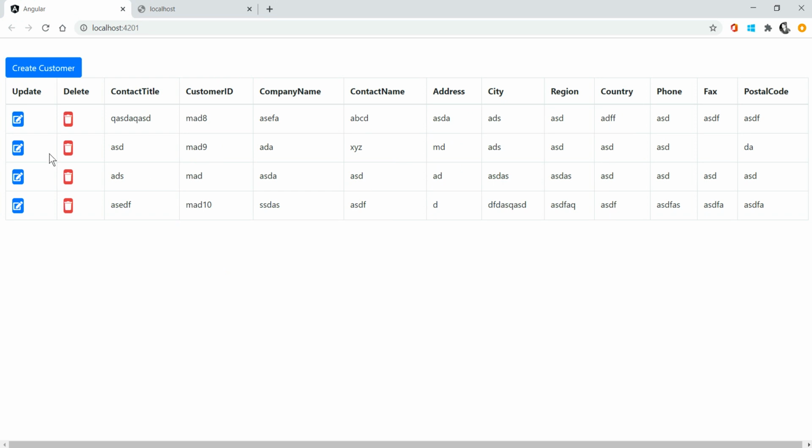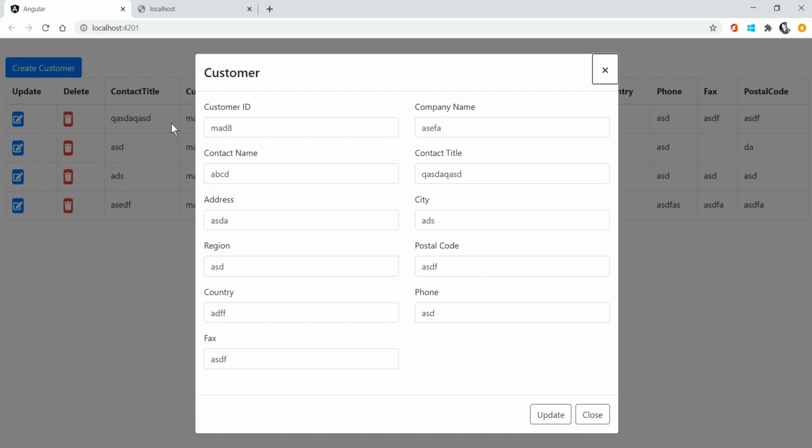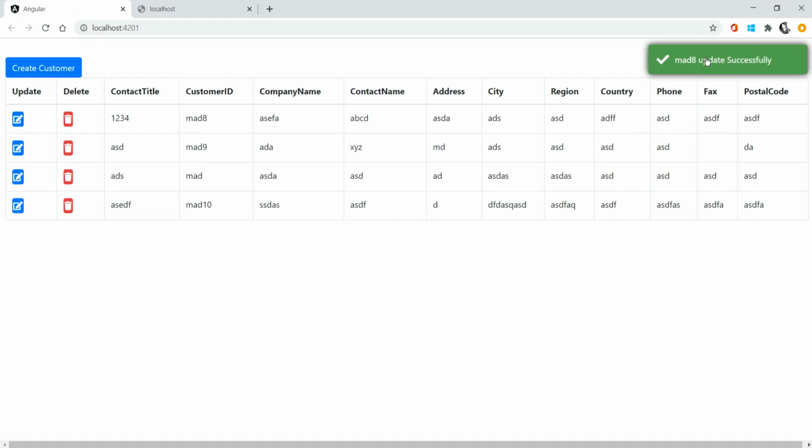Now let me see whether this table is updated or not. I am updating the contact title here, 1 2 3 4, update. This is updated successfully. The contact title is updated, right? Earlier it was not updated. So in this way you have to prepare the update request.